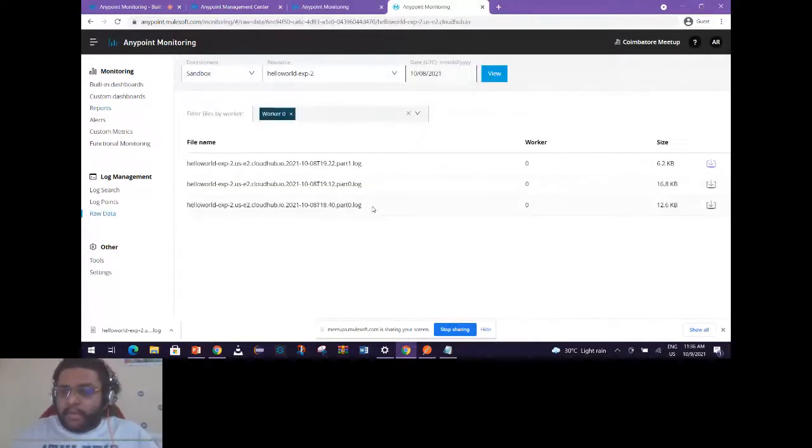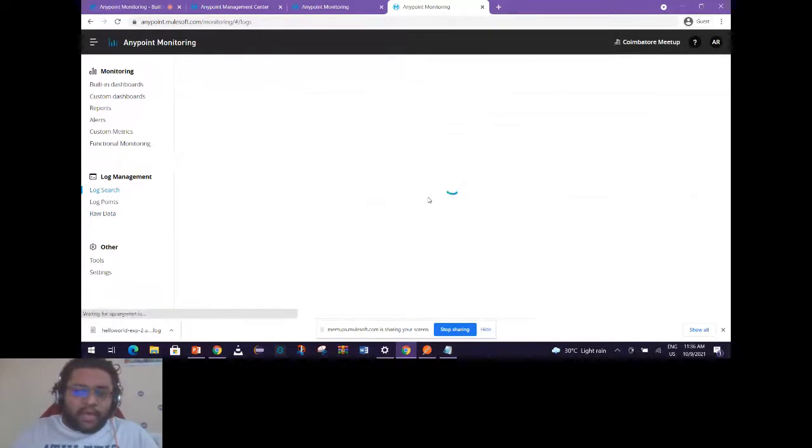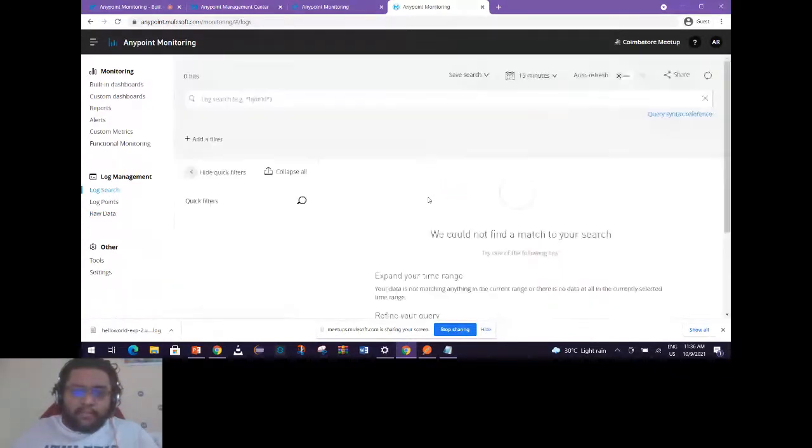Next question: are event ID and correlation ID the same? Both event ID and correlation ID are auto generated, but you always have a provision to change or update the correlation ID in your application.